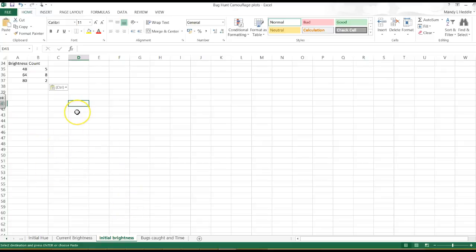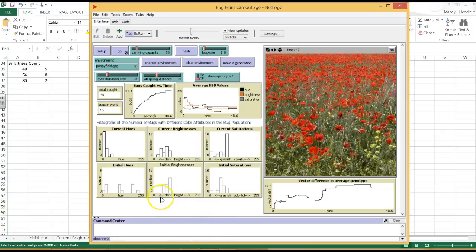Okay, so how are we going to turn these into some nice graphs? Let's start with initial brightness. What was the brightness of the bugs at the beginning? So we've got several, a range of brightness. And if I look over at my